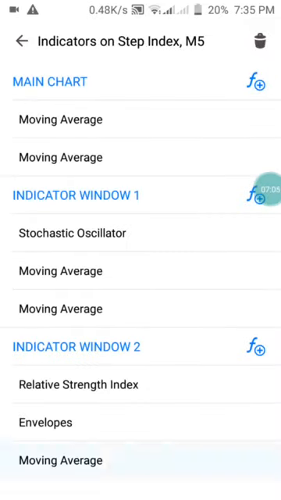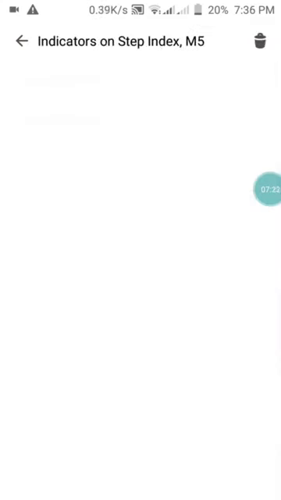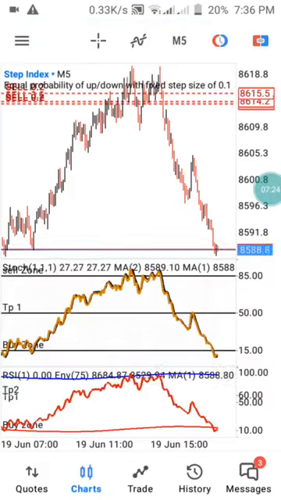Then we have our last strategy here, which is going to be moving average. We have the period of 1, we have the shift of 0, we have the method to be simple, we have apply to close, and we have our style to be in red color, guys. So this is exactly what I'm telling you guys. Then you can press on done. So by doing this, you will have the same strategy the way I have it here on my chart,